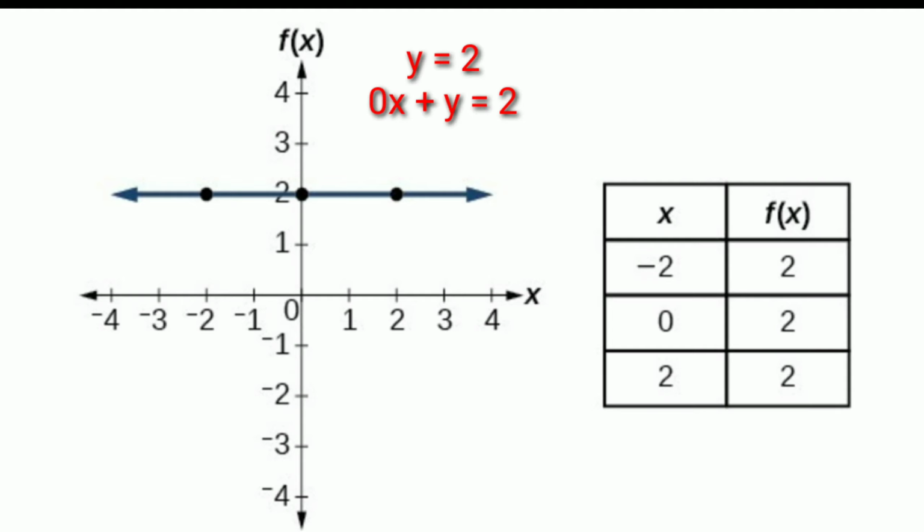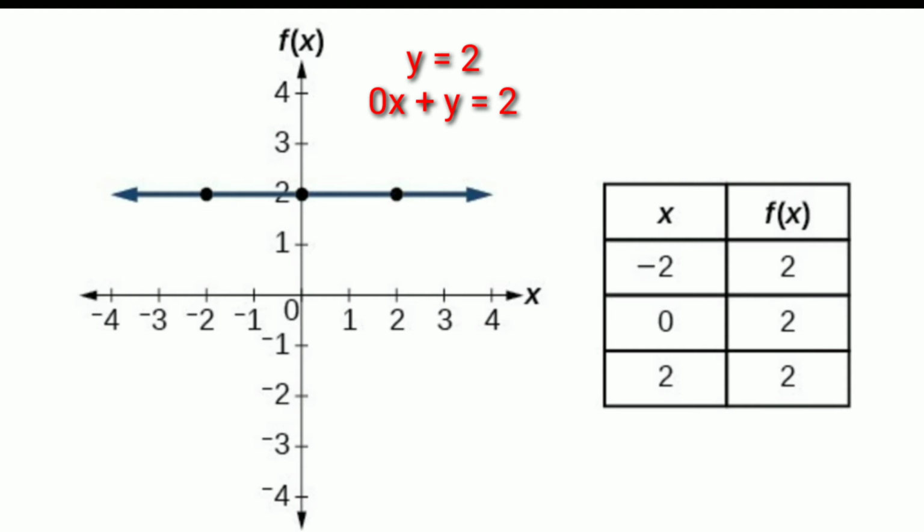For example, y = 2, which is in the form of a constant function, f(x) = c, and can be written as 0x + y = 2, and can be considered a linear equation in two variables where the coefficient of x is 0. For the solution of 0x + y = 2, we assume x = -2, 0 and 2. Evaluating any value of x such as -2, 0, 2, 3, 4, any value, we will get the same answer, that is y = 2.